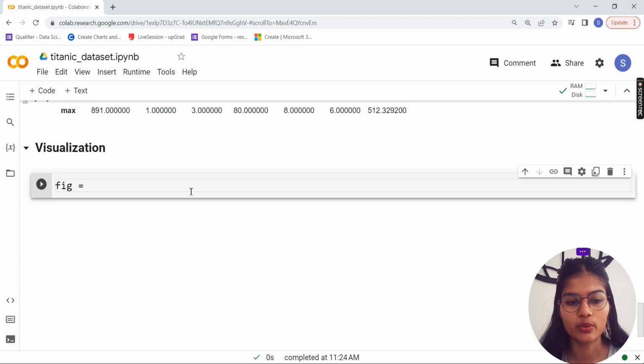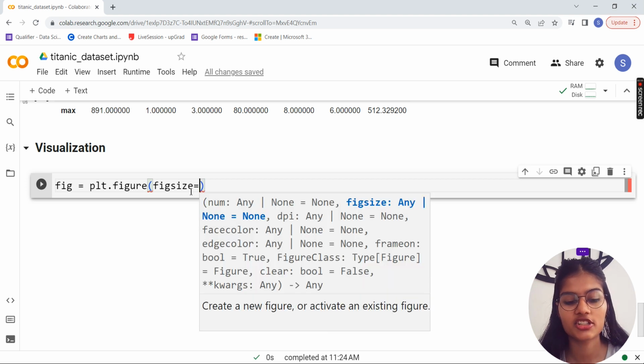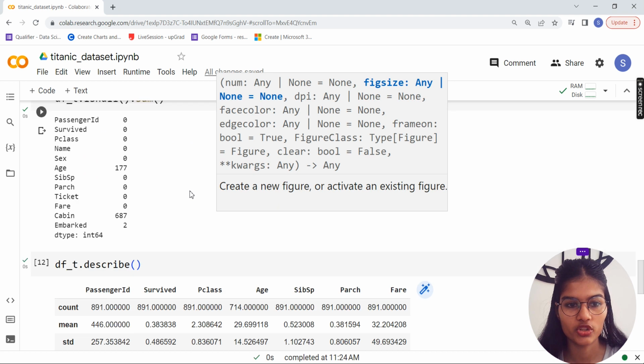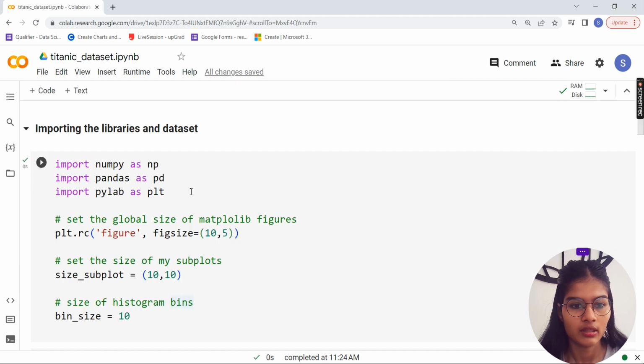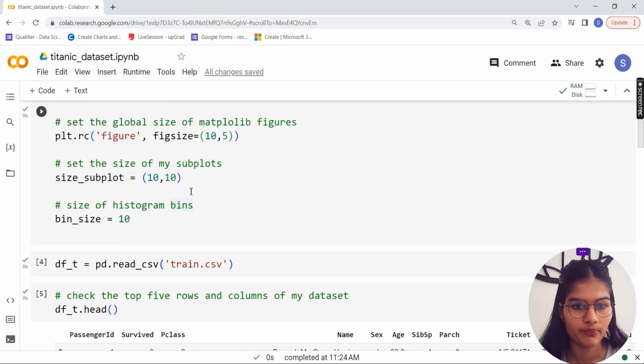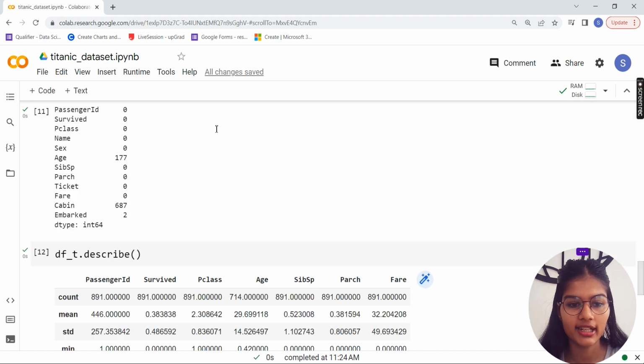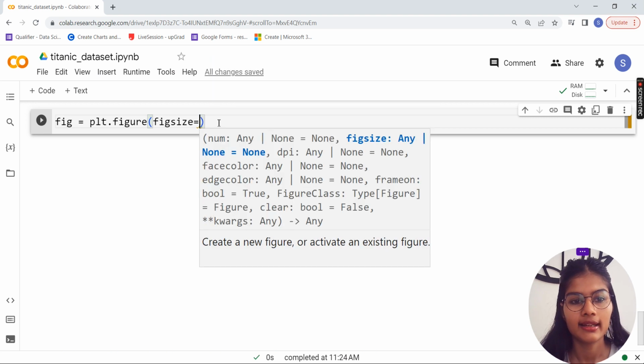I'm going to write fig is equal to plt.figure, and in the bracket I'm putting figsize, and for that figsize I'm going to use one of the variables we had put down above. Let me show you which variable. Okay, yeah, this is my fig size, which is 10.5 we had set down. I'll just go downside. So figsize is equal to